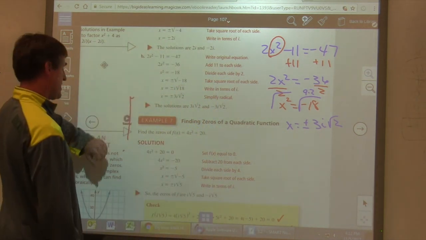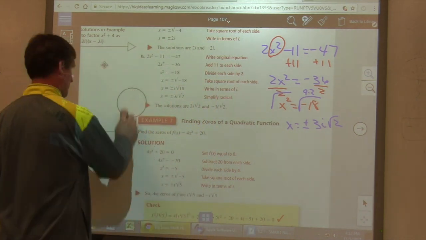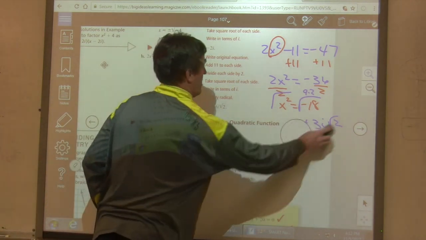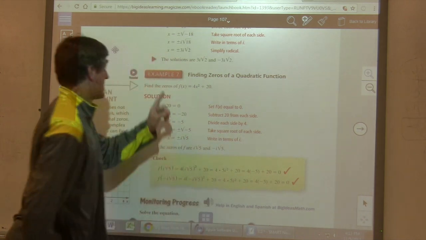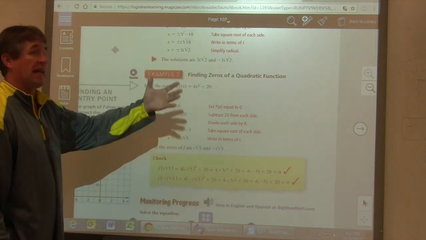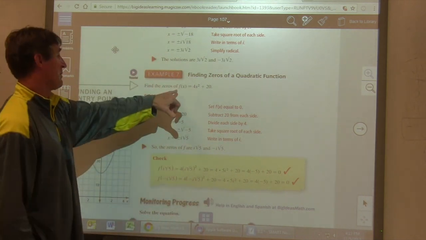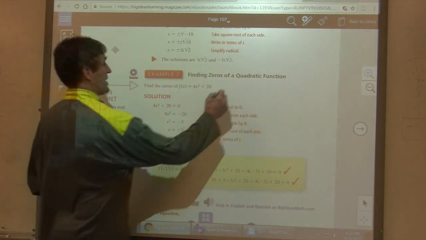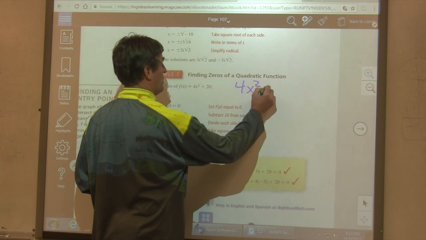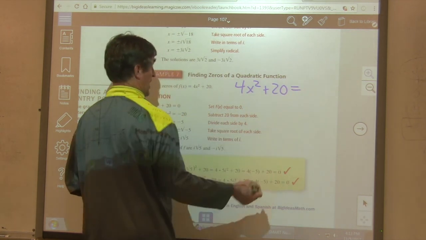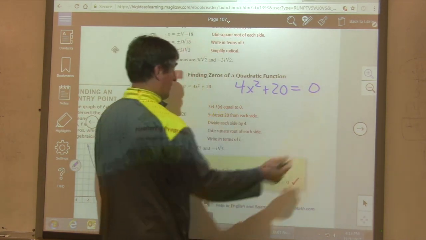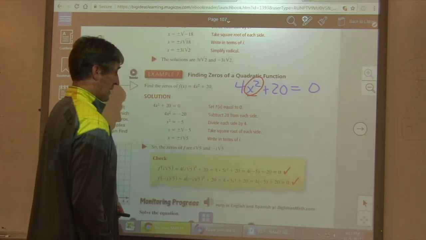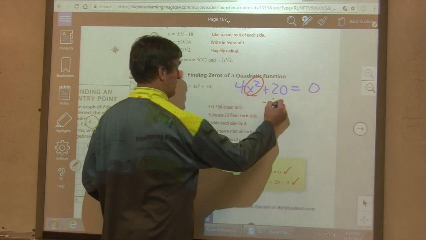When it says to find the zeros of a quadratic, again, that's just like the last time. It's just going to say find the zeros of f of x equals 4x squared plus 20. So that just means you set it equal to 0, just like we did in section 3.1, and we find the zeros. So again, get the part that's squared by itself, so we subtract 20,